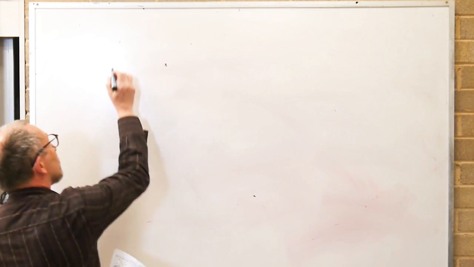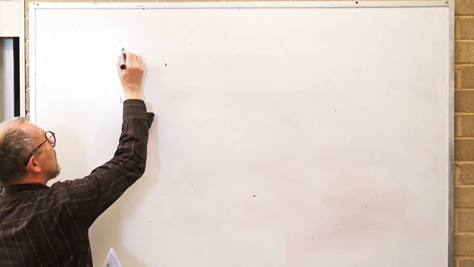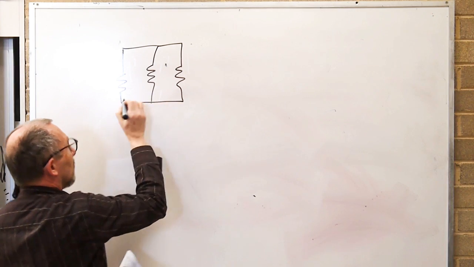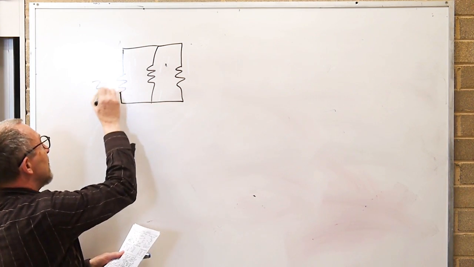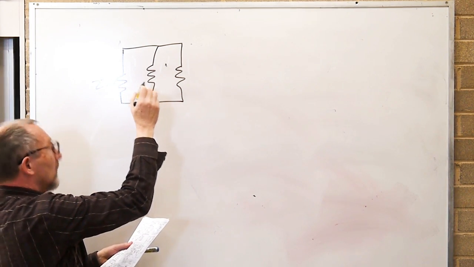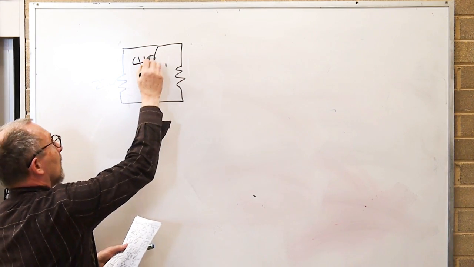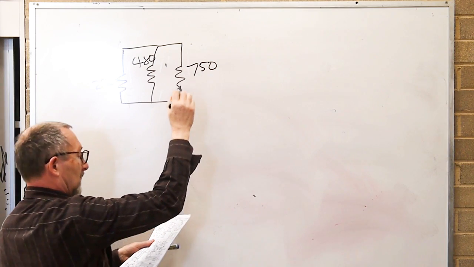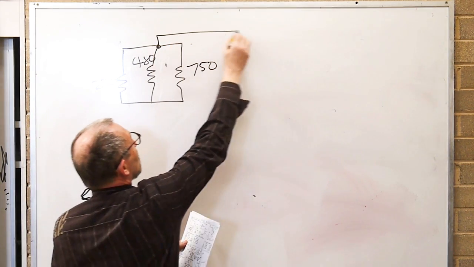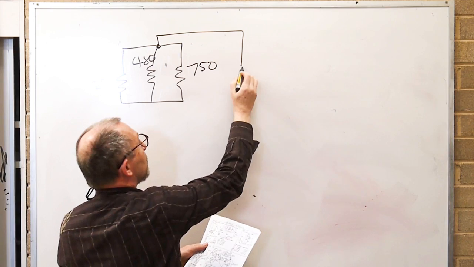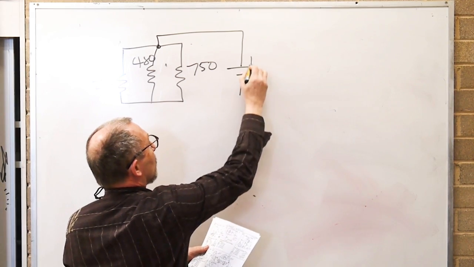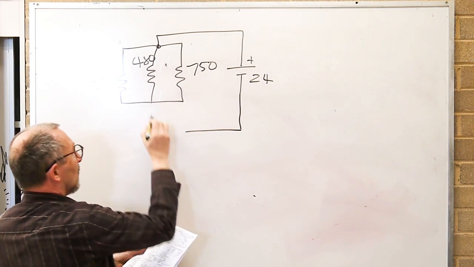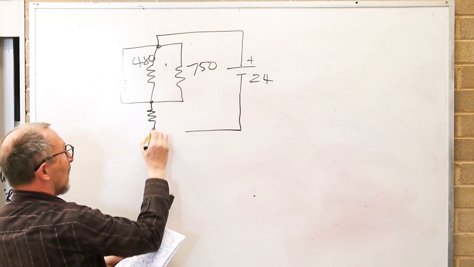Second question. Three resistors in parallel: 270, 480, 750. We've got a voltage source over here, 24 volts. One more resistance here,